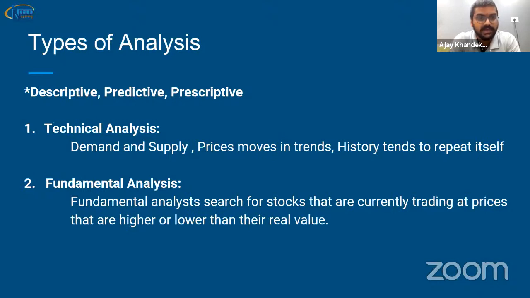The first is called technical analysis. We use demand and supply. The price moves in trends. There are basically only three trends: uptrend, downtrend, and sideways trend. History tends to repeat, most traders say. As we see the back history of any stock, I will surely show on the stock charts that the demand of the stock was followed 2-3 months later by supply of that stock. I think you're getting a bit confused, so I will show on the charts.